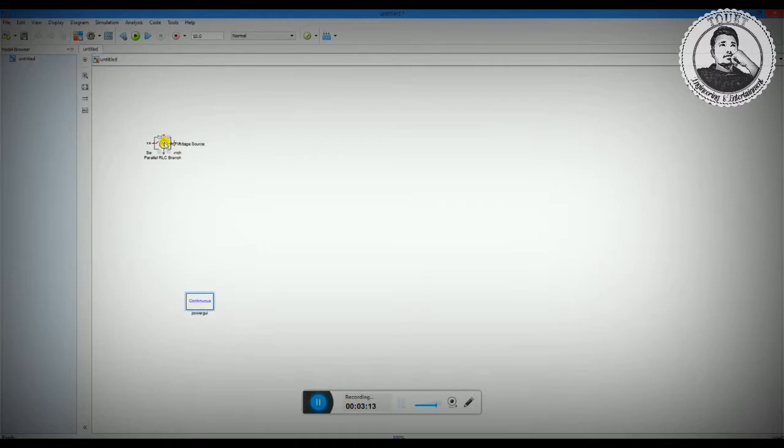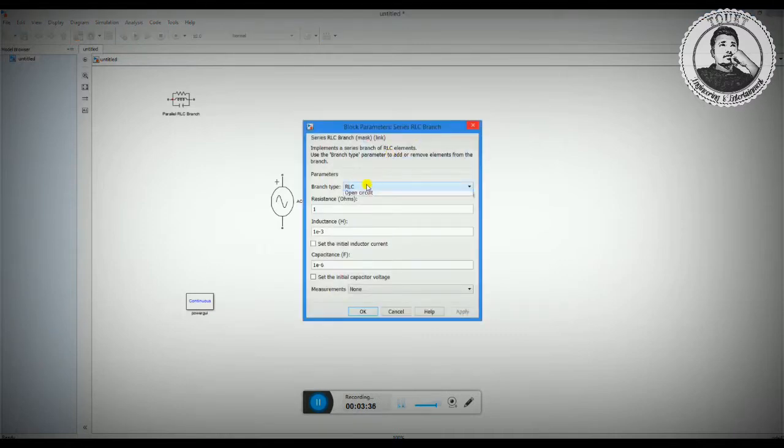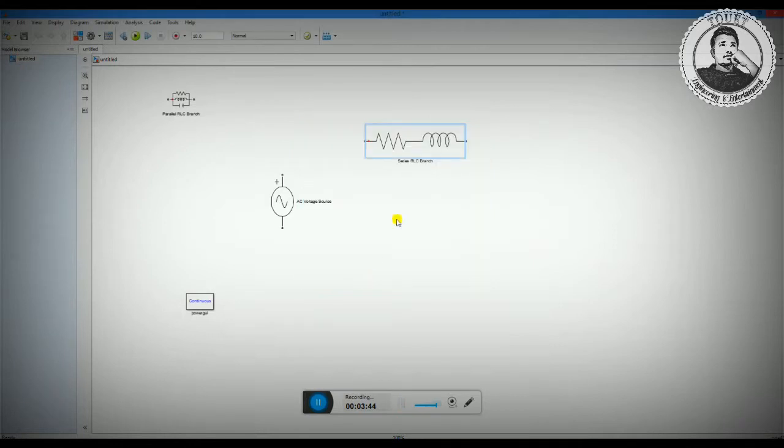So I have a power source. Let me enlarge it. So here's my power source. I need resistance and inductance in series, but as you can see here, there is a capacitor too. So I need to root out the capacitor from here. You can just simply double click it and mark only RL, so the capacitor will disappear. And I need two capacitors in parallel before and after that branch, so I would just simply